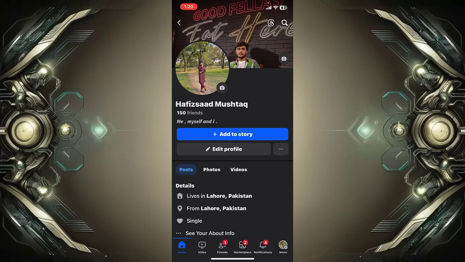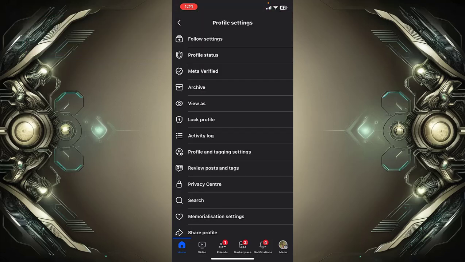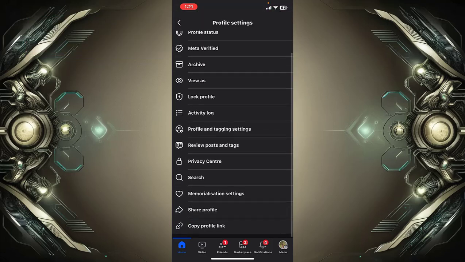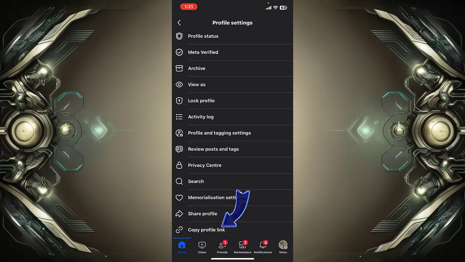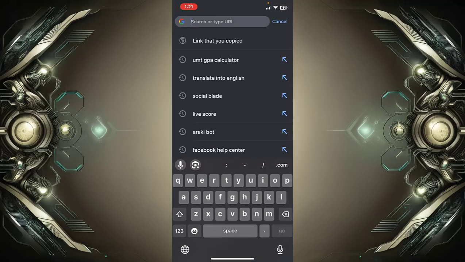After opening the app, first of all, you will find the option that is username. Tap on the three dots next to the edit profile option, and here you can simply scroll down. Now you can tap on copy profile link, and now you can open any browser that you use. I will open Chrome. After opening the browser, you can tap on search and paste the link